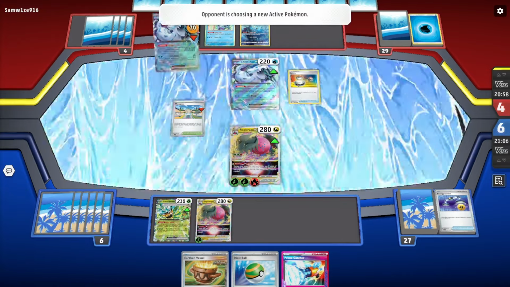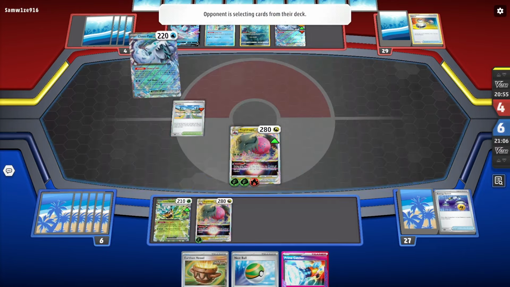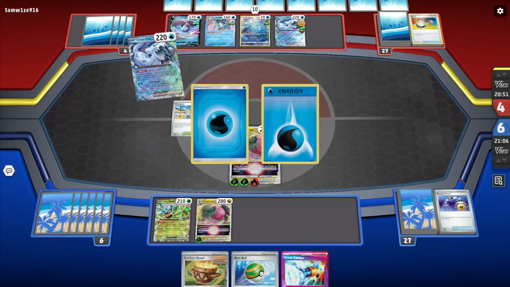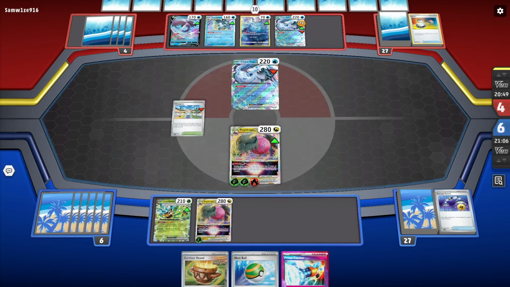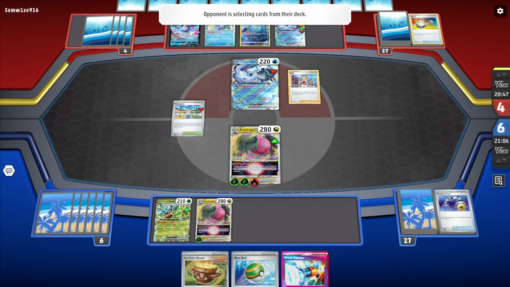So they're gonna switch into. Okay. I mean, that's fine. I don't take damage, so still from a basic. So I don't know if they think they can reset, or maybe they're gonna like Prime Catcher, which obviously they can knock one of my guys out, but